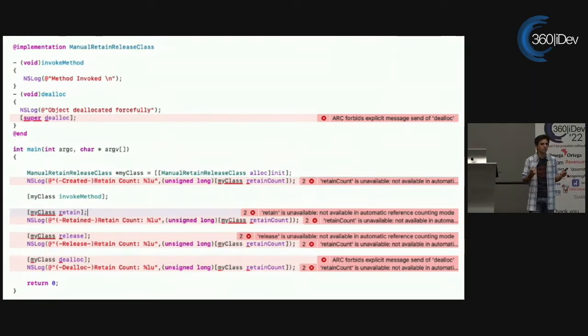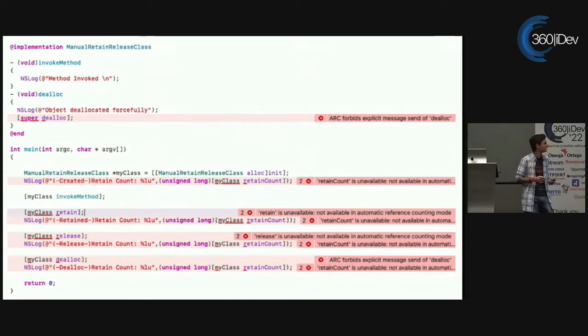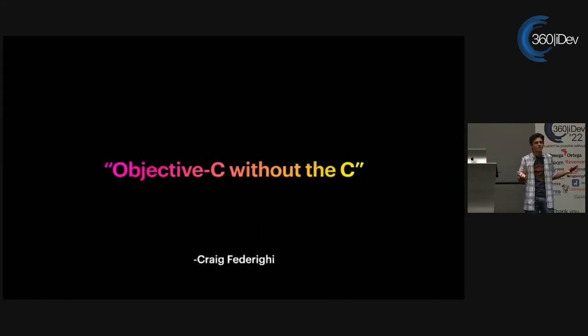Objective-C is designed with the idea that you are going to be managing the memory on your own as a developer. And so you have these two very different ideologies here of low-level management, where you as an individual developer are going to deal with the memory, or high-level management, where you want the code to do it all for you. And these two different schools of thought existing within one language start to cause some small issues. And that's when you get Objective-C without the C.